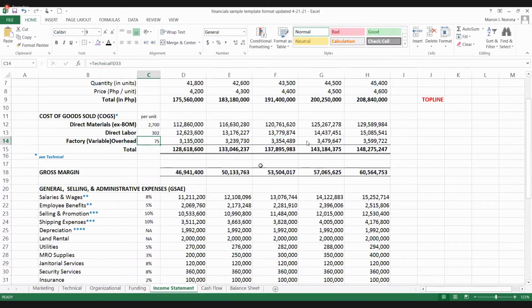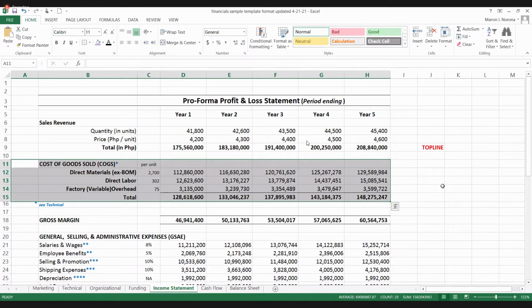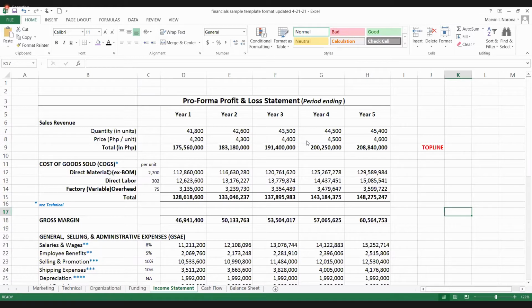Okay. So what I'm trying to say, itong cost of goods sold nito, assumptions din yan na magagaling sa technical. Okay. Pero remember, yung sinabi ko kanina, yung production scheme ninyo will have to be considered. So if you're buying most of your materials from the outside, tataas to. Tataas yun. Liliit yung labor mo. Liliit din yung factory overhead. So magko-compensate yan. Depende kung ano yung production scheme ninyo.